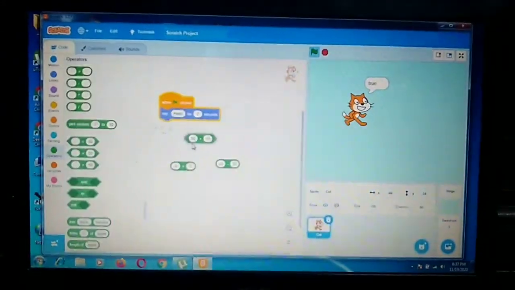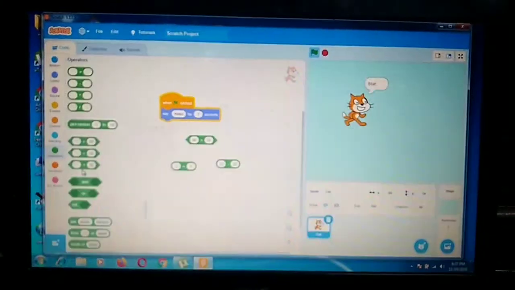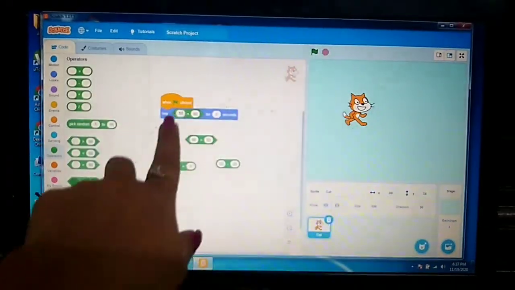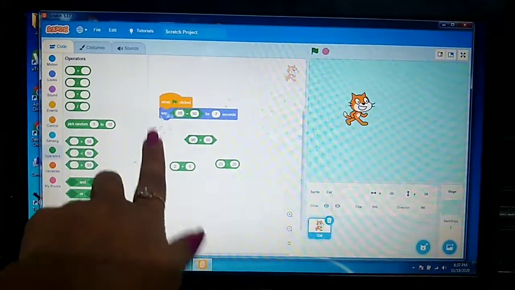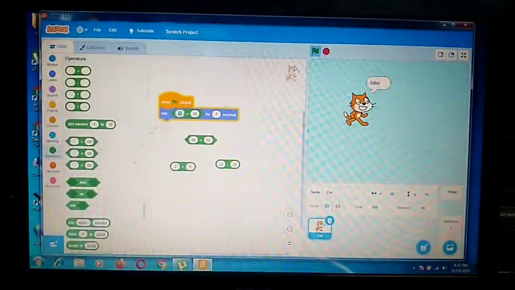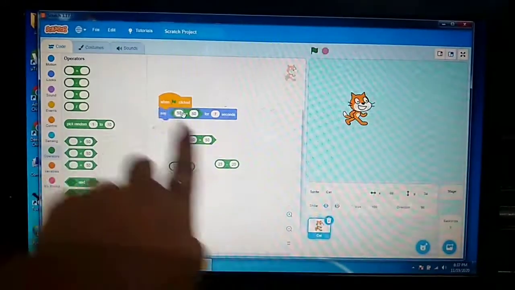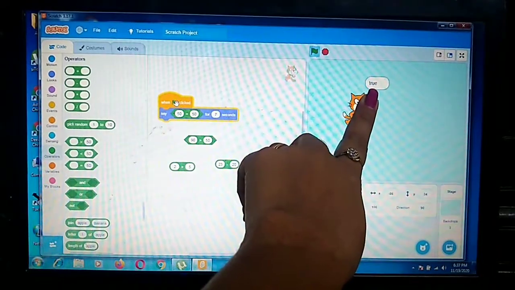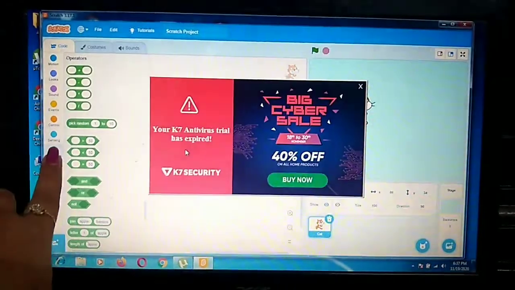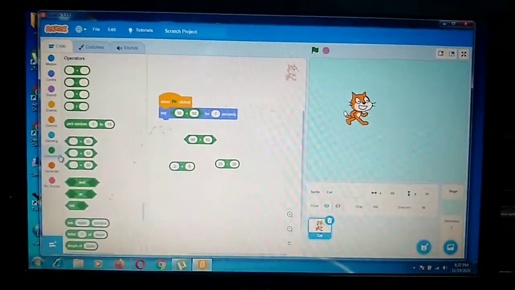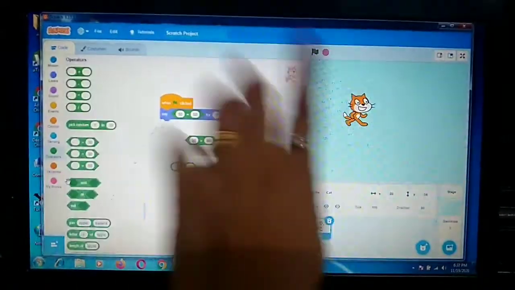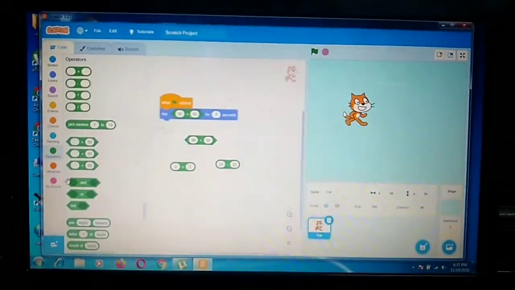Okay. Now see, I am telling you the use of this equal block also. Same way it works, like I am giving here value 10. 10 equals 50. It's false. So now it will say false. You can see. Now I am giving equal numbers like 50 only. See, true. So like this you can use operator blocks in Scratch. When you choose this operator block in the say block, then only it will say the answer. So like this you can choose operator blocks.